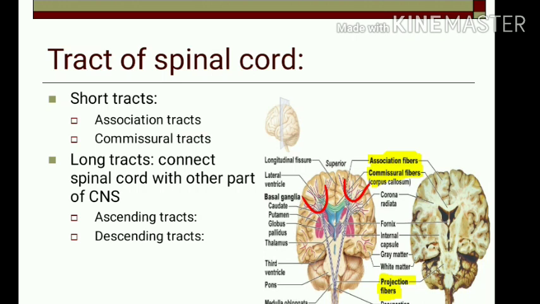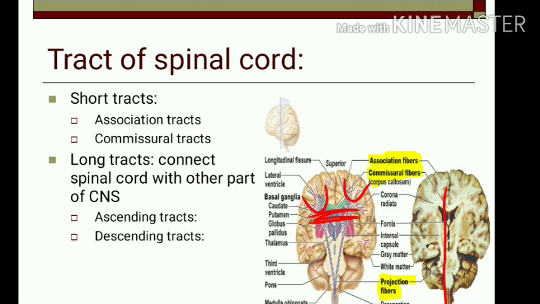Then second is commissural tracts. These commissural tracts connect opposite halves of the same segment. You can see here from this side to this side. Suppose a particular area of the right side of the brain or spinal cord to the left side of the brain or spinal cord. So these are short tracts, and long tracts connect the spinal cord with other parts of the brain,